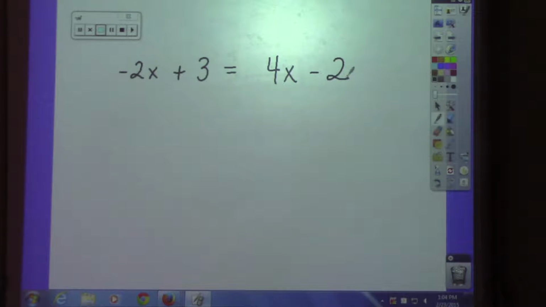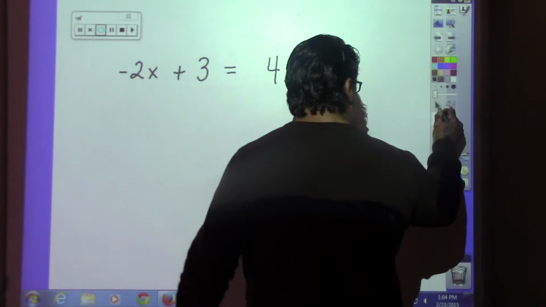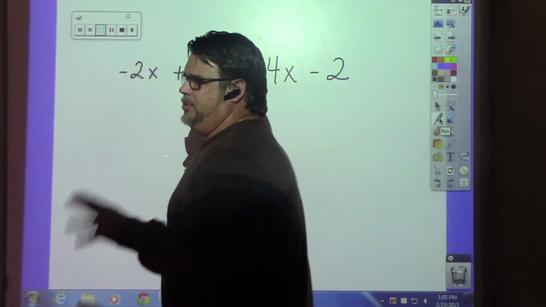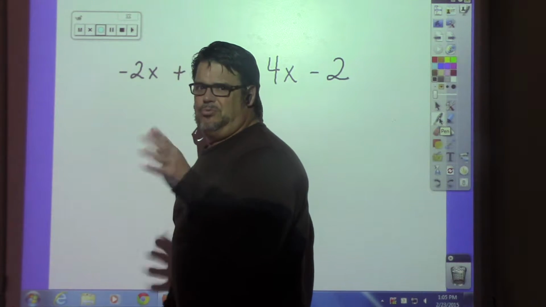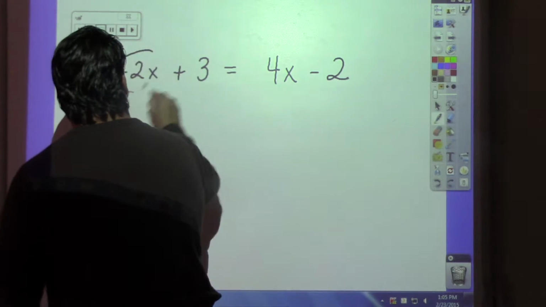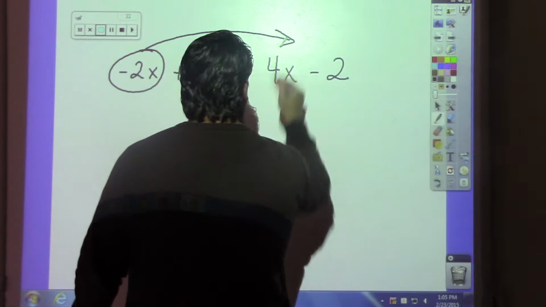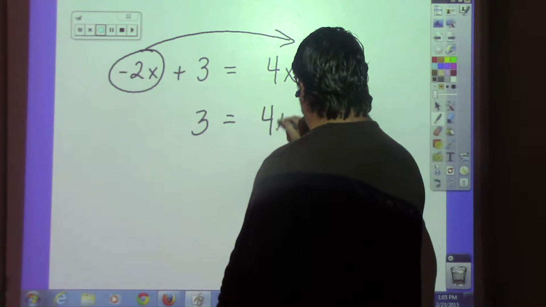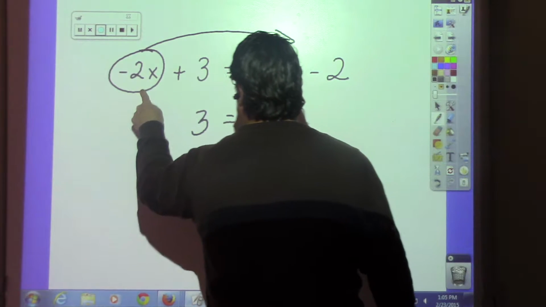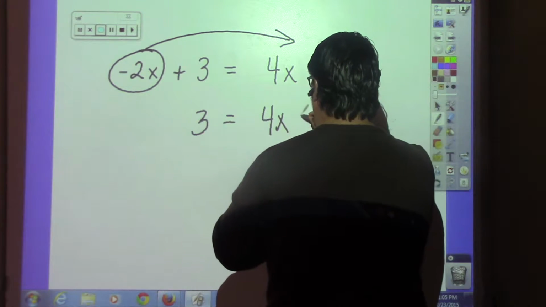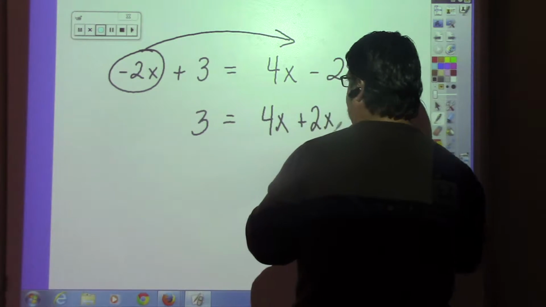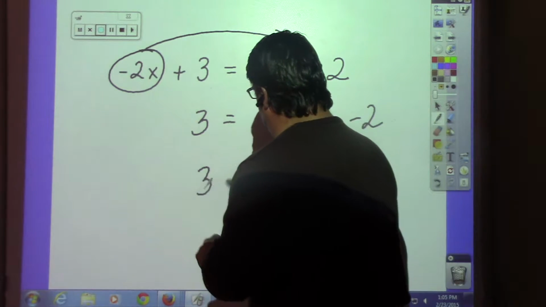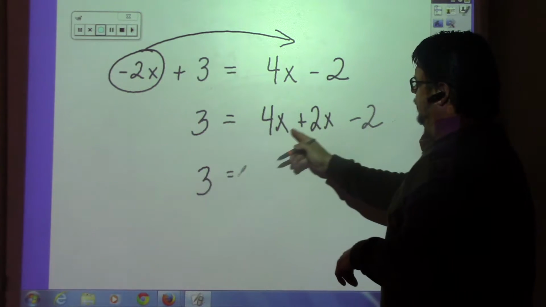Well, that's not the way I teach it. And if you do it that way, that's fine. But when we get to inequalities and you screw up, don't raise your hand because you're not doing what I tell you. All right, so 3 is equal to 4x, what? What does that do when it comes across the river? It becomes a 2x. And that gives me 3 is equal to 6x